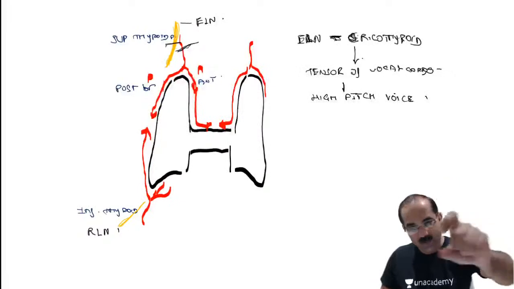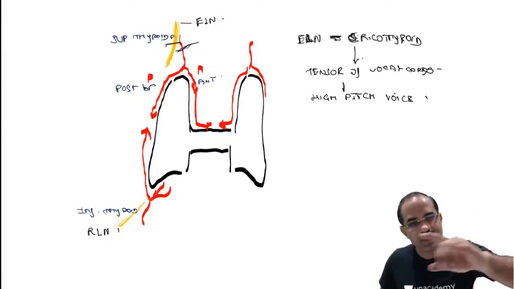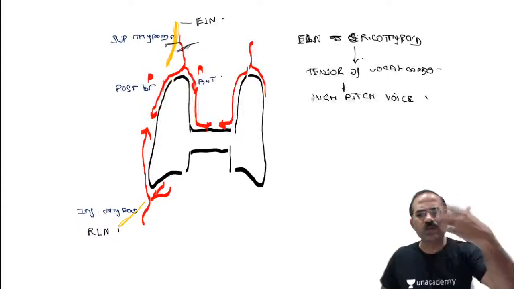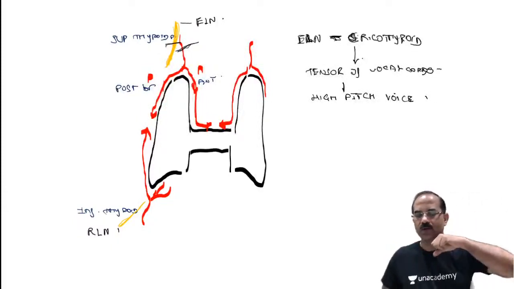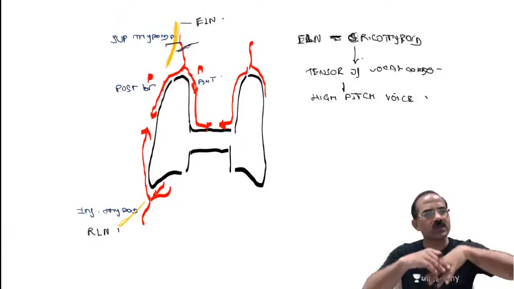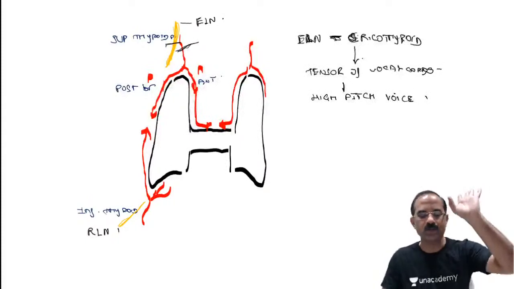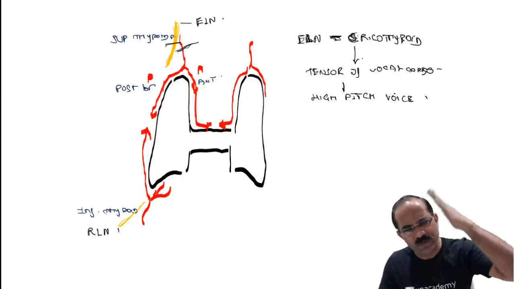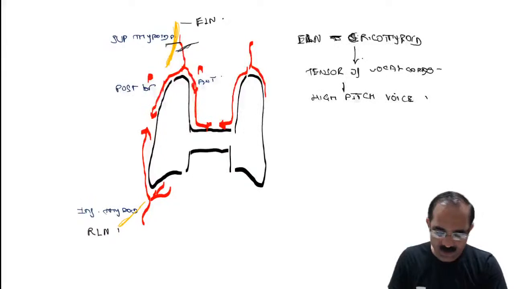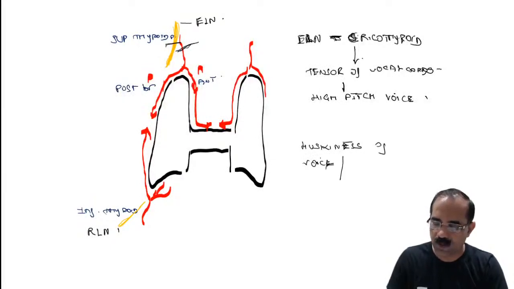Fine. So now see, the MCQ was what? If the external laryngeal nerve is damaged, which muscle is paralyzed? Cricothyroid. The tensor action of the vocal cords is lost. There will be a limitation in the pitch of the voice. The person talks in a very low pitched voice, and this is known as huskiness, H-U-S-K-I-N-E-S-S. Huskiness of voice, or